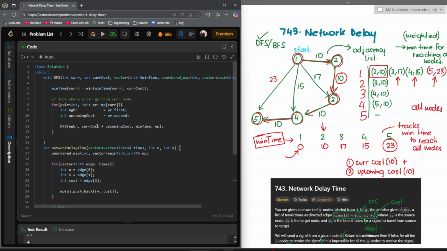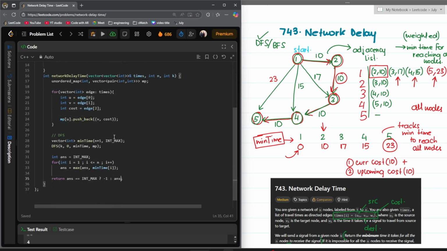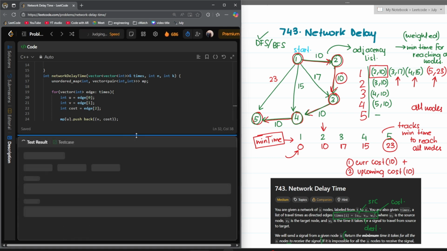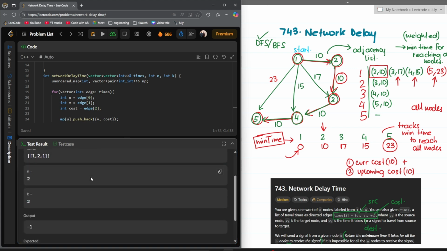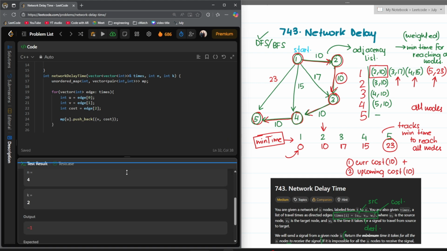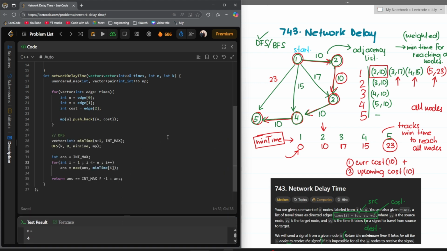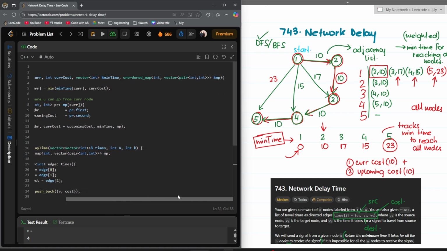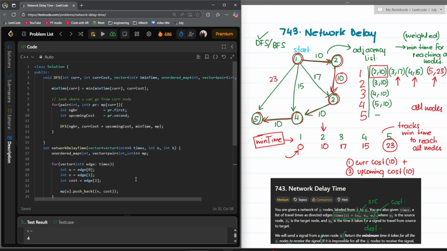Neighbor becomes the current, post gets updated, minimum time remains as is, and then MP. Why is it not giving me the right answer? Let's think about it. 3 is passed because it's unreachable, but then I shouldn't have an int max in both of these scenarios. I should have a different value. So you say minimum time of current is minimum of minimum time current cost. You have a vector integer of minimum time and then MP. Okay,